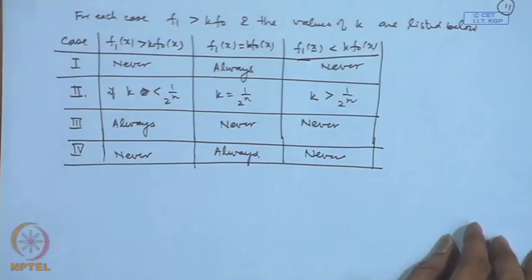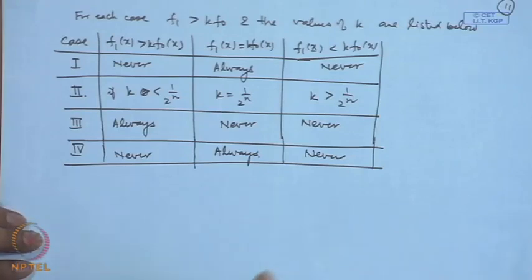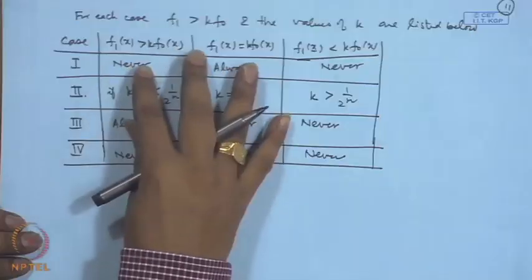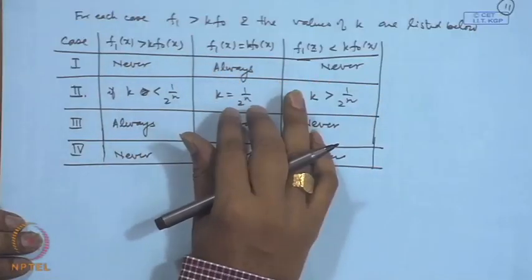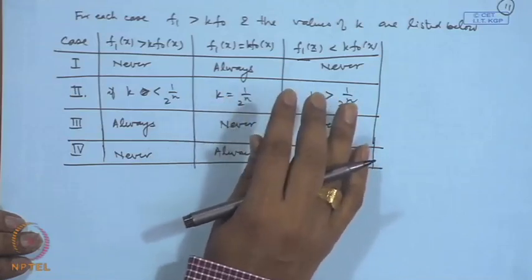Now, based on this we should tell when to reject H naught and when to accept H naught. That means, dependent upon these 4 cases and the choices of k, we should give what is the test function, and at the same time we should also tell whether the probability of type 1 error equal to alpha can be achieved for a given value of alpha. So, what we consider